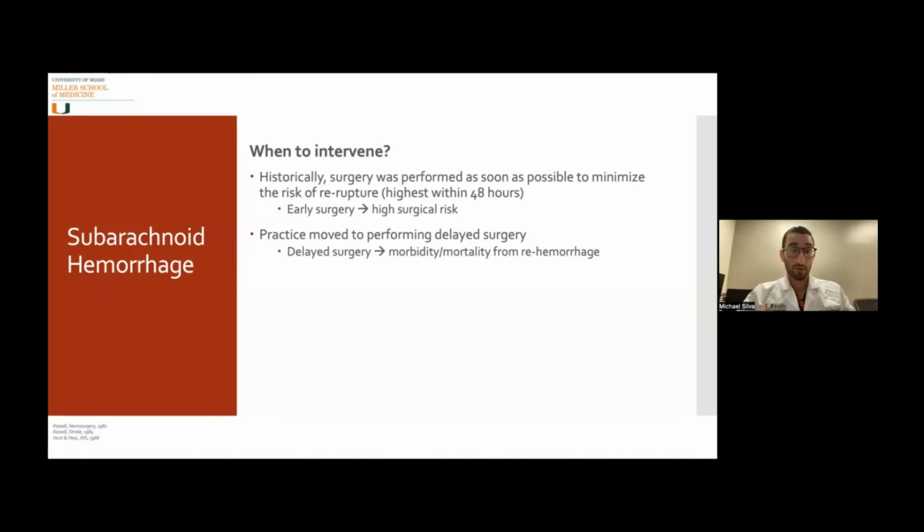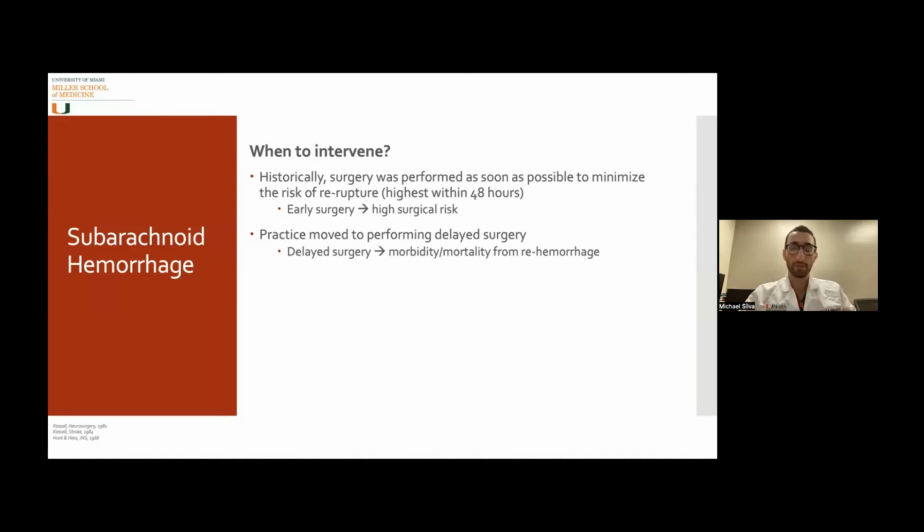Then folks noticed that the surgical risk of these procedures was extremely high for these acutely ruptured high-grade subarachnoid hemorrhages. And so practice transitioned a little bit to performing delayed surgery, so waiting until the brain cooled off and the patient was more stable for surgery to secure the aneurysm. While yes, the morbidity and mortality from surgery may have gone down by delaying surgery, you then have to appreciate the risk of rehemorrhage, that you're leaving the aneurysm unsecured in the most critical period, and the period when it's